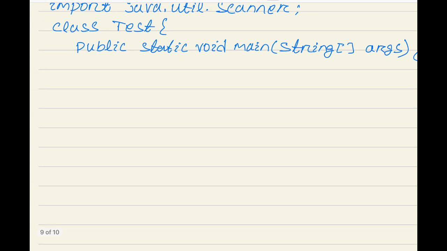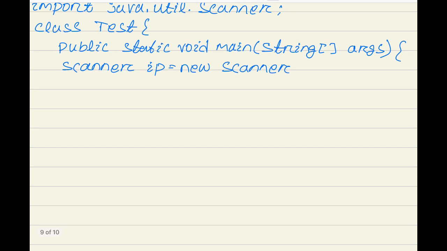Then Scanner ip equal to new Scanner(System.in).